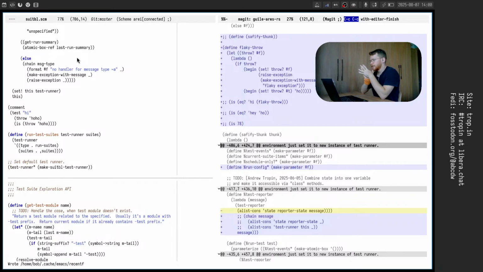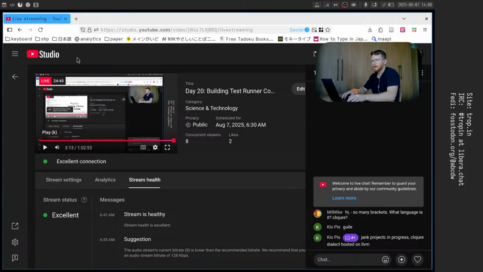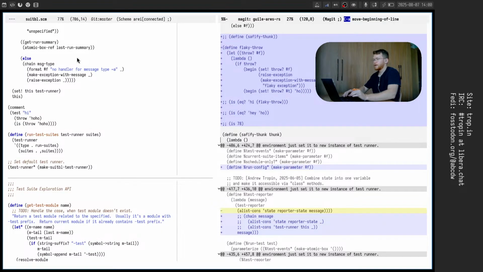On one hand, it's not as expressive as Clojure. On the other hand, it's very well specified with RnRS, the Scheme reports, and it's quite lean, so it doesn't have too much unnecessary stuff around, but it's a bit more verbose and older, and it doesn't have some cool stuff,